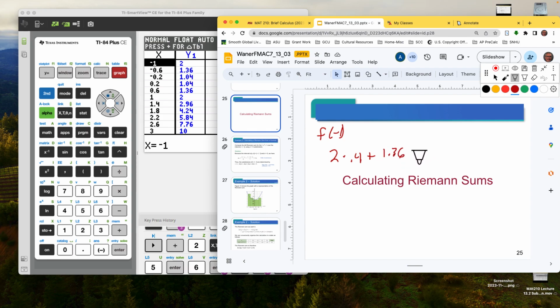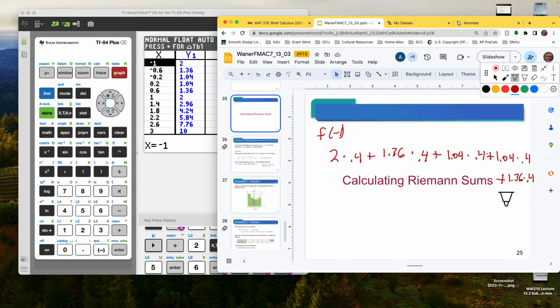That's the y value, times the base of the rectangle, which is 0.4, plus 1.04 times 0.4 plus 1.04 times 0.4, and finally plus 1.36 times 0.4. Okay, so we could add all these together, multiply and add, and we will have an estimate for